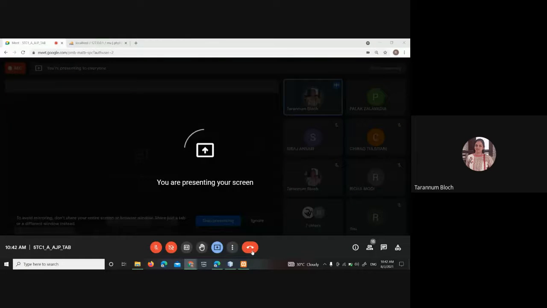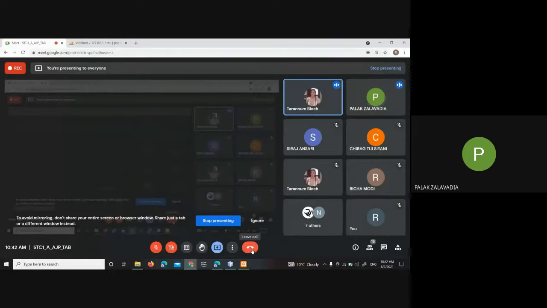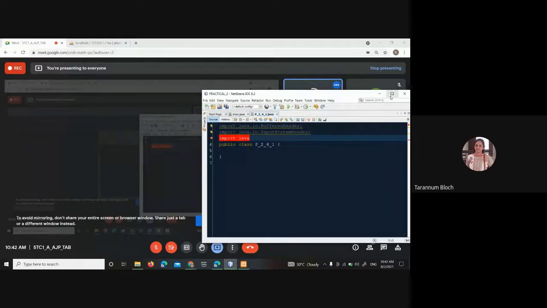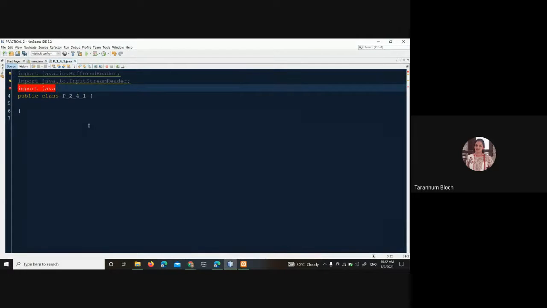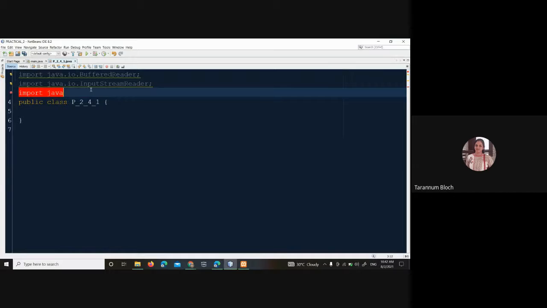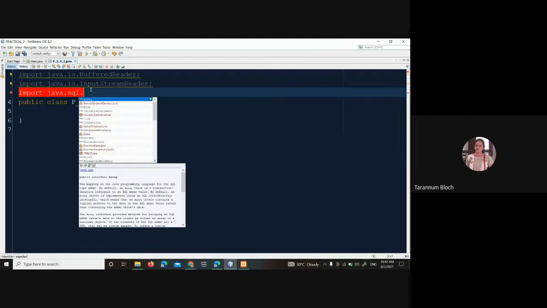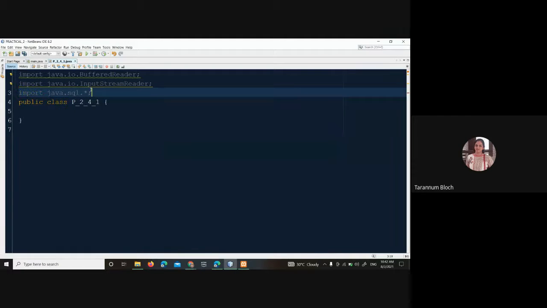Okay, I got the Rahil screen. It's okay, Palak. You follow the steps. Rahil, go to NetBeans. Okay, now we have to create a project. Everybody will create a project, or you can write a simple Java program. I'll make you do it with a simple one. So write down import java.util.Scanner where S is capital. Remove BufferedReader and InputStreamReader. We don't need it. We'll go with the Scanner as you are comfortable with that.